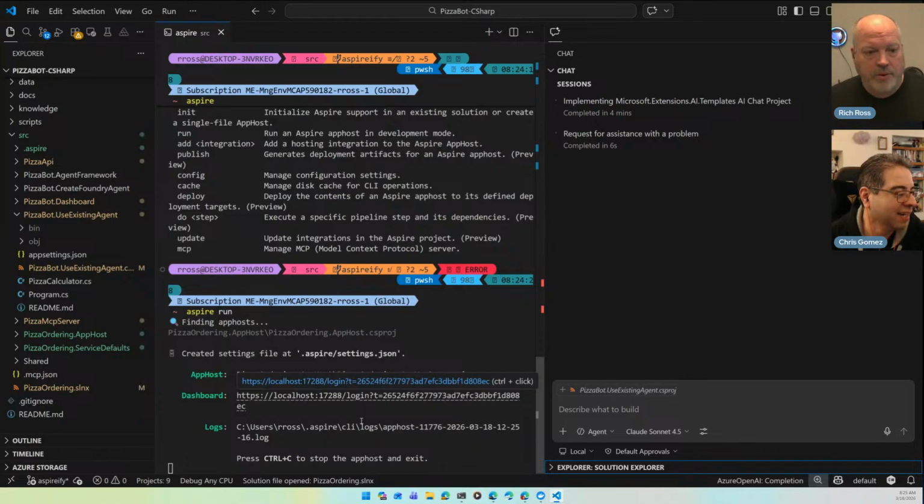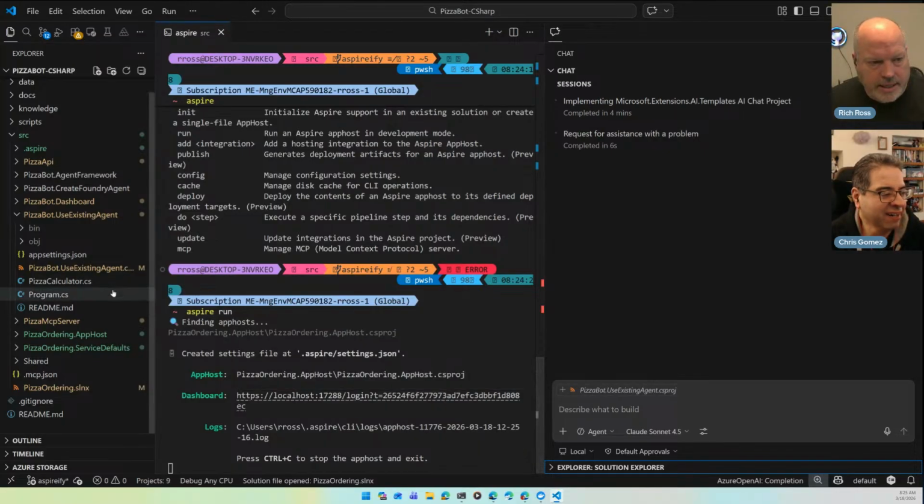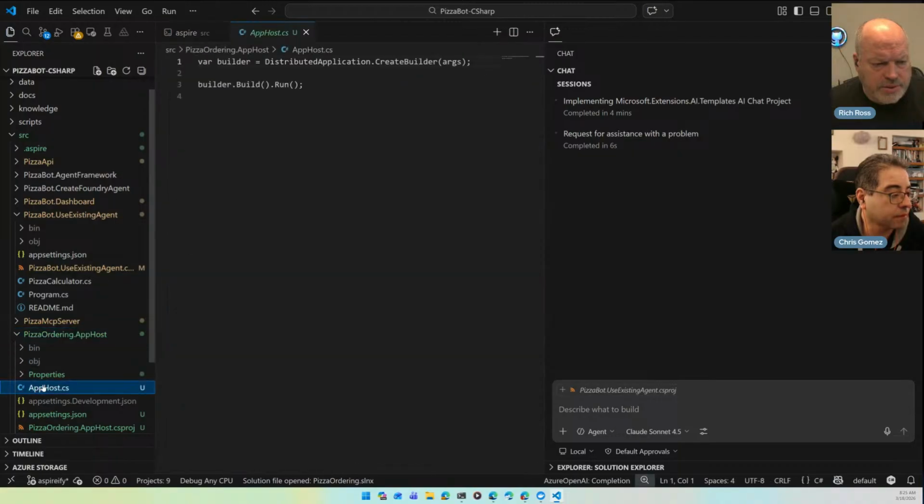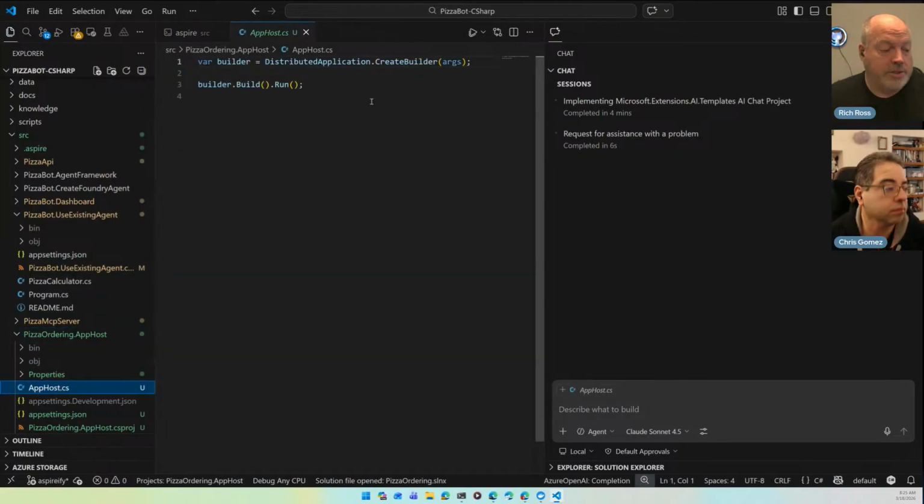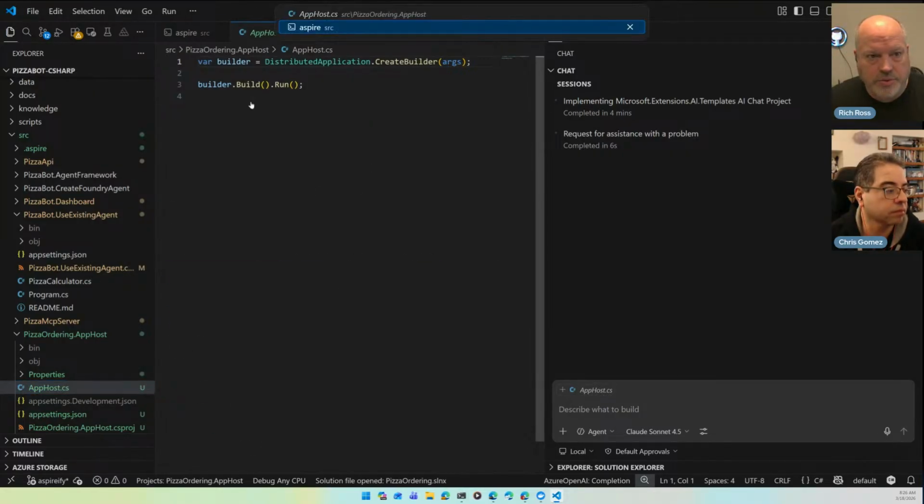So at least the app host got through getting those pieces together. If we look at the app host, we can see that it didn't do much. Which is interesting, right? So we need to go back and start to add our pieces in there, because I think if we go to